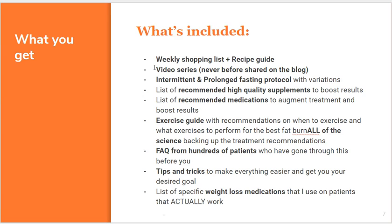Most of them are available on Amazon, some are not, and I tell you which ones, and how to get those if they are not. But I do want to tell you that those you will need to purchase. I recommend that you purchase them. They're not necessary, and we'll talk about that a little bit later, but they will help boost your results. The next thing, which is number 5, is a list of recommended medications to augment treatment